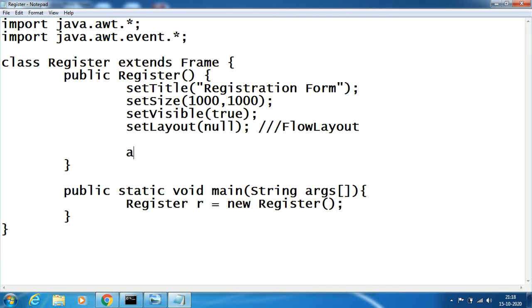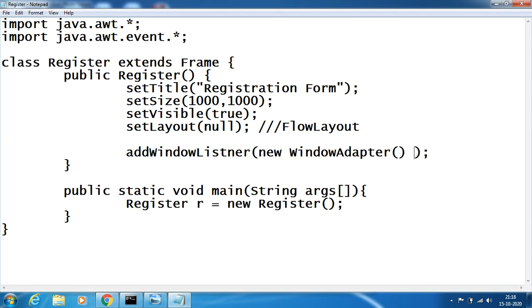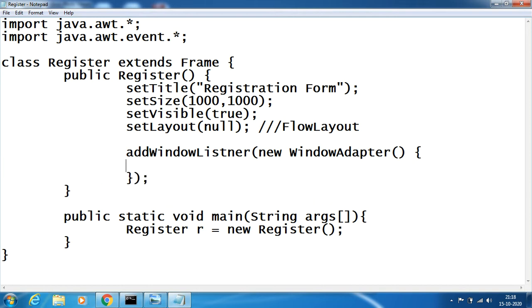So how do we do that? Add window listener. A window listener needs an adapter. What is that? New WindowAdapter, open and close. This is an anonymous inner type, which means this WindowAdapter object doesn't have any kind of name.